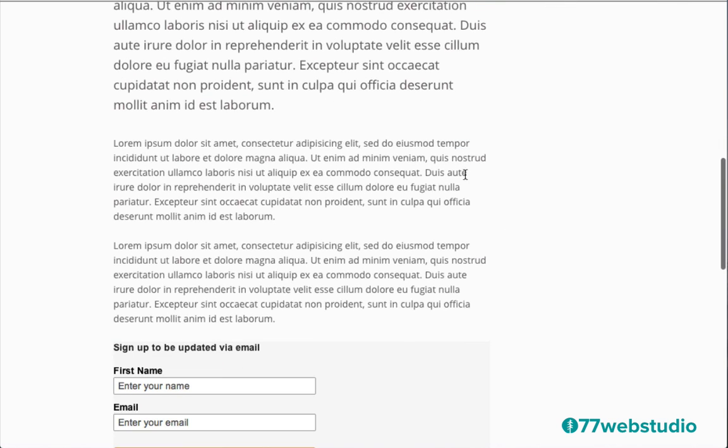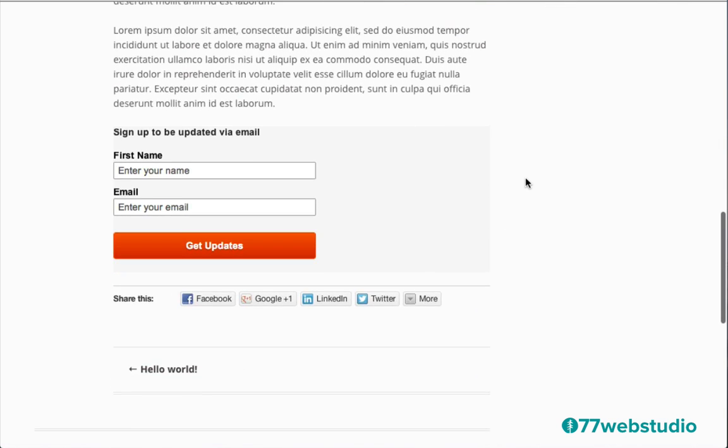Then just underneath the blog post, we will have some different social sharing features, so anyone who visits can easily share the content to Facebook or Google+, Twitter, or some other social network. And we'll also include this email sign-up form as well underneath each blog post. So I'll show you how to set up all of this in the video.